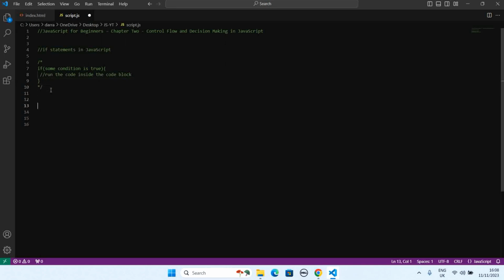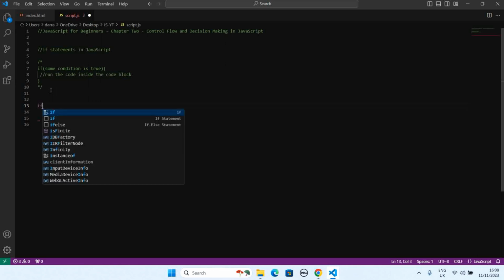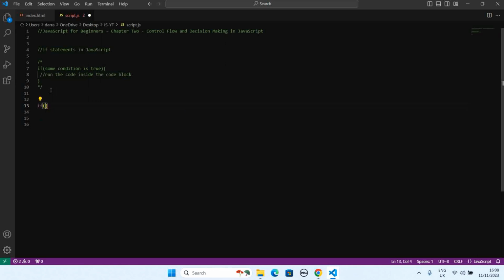So let's actually write one out. As I say, we use the keyword if, we have parentheses, and we run some code inside the curly braces if some condition is true. To start off, I'm going to hard code this to be true and just show you how JavaScript would execute all of this. So you might just say console.log,